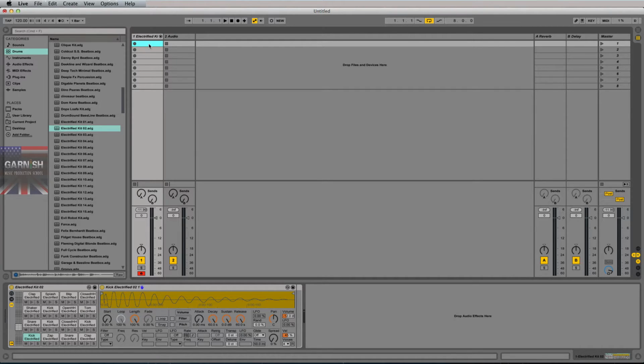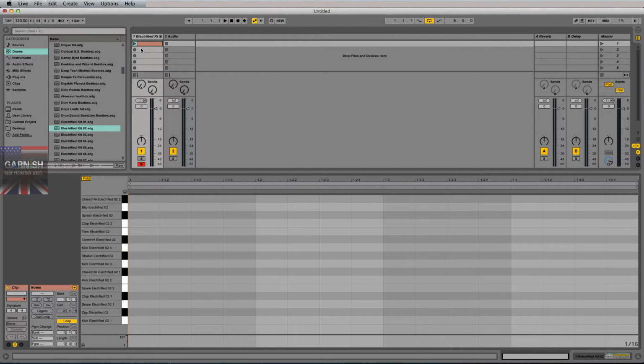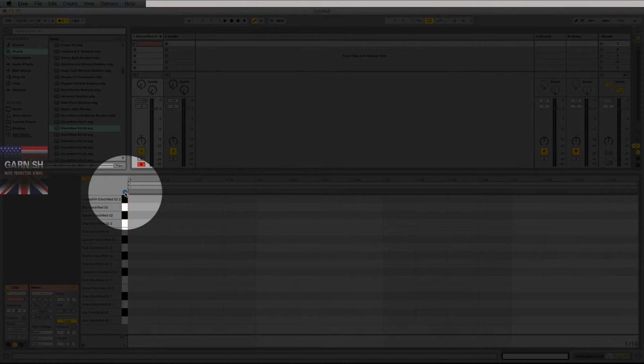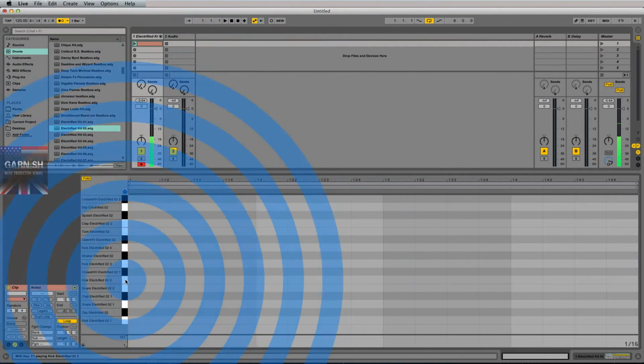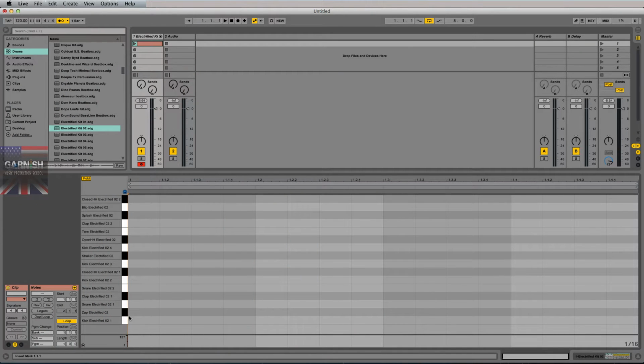So in the first slot available within this track, I'm going to double click to get a clip. The clip is empty right now, but what I'm going to do is hit my metronome on, and in order to hear what sounds are in here, I'm going to hit the little headphone icon here. I think I'm going to go with that kick. And to get these notes inserted into this clip, I'm going to go up here and enable the pencil tool. So now, if I get this clip going,